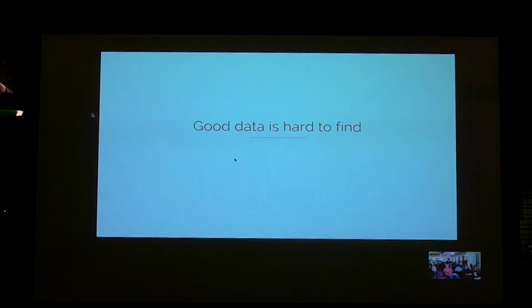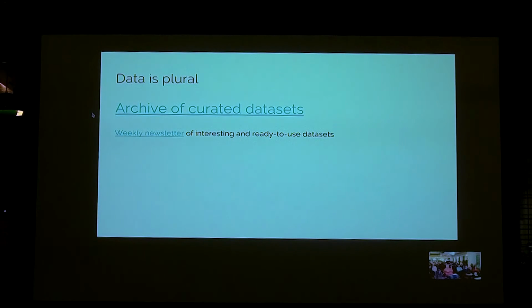I also just want to mention that great data can be hard to find. If you're lucky enough to work at a company where they serve it up to you, that's awesome. But I like to point people to this Data Is Plural newsletter. Every week they send out, I think it's Jeremy Singer, he's an editor at BuzzFeed, I want to say, and he curates about 3 data sets that are really programmatically accessible. They have a nice description, and you can see an archive of all the past ones. So if you're looking for a project and you need some good data to use,